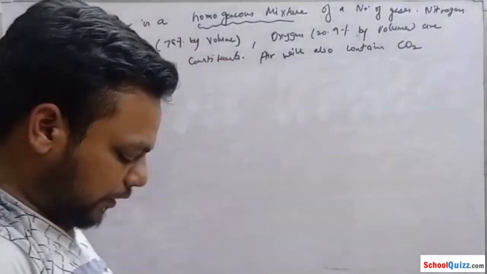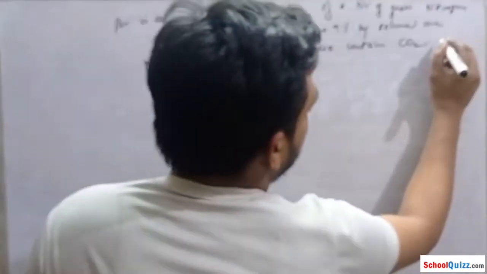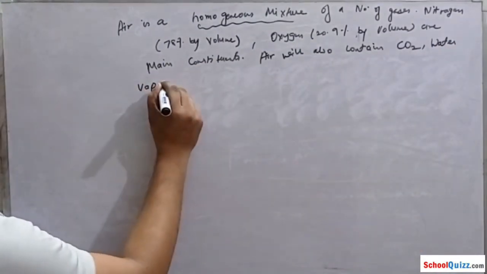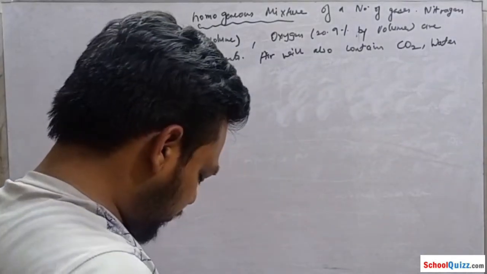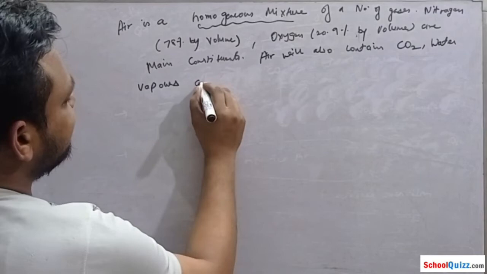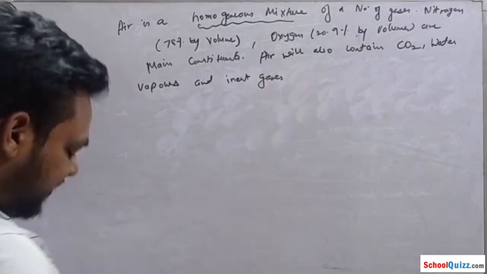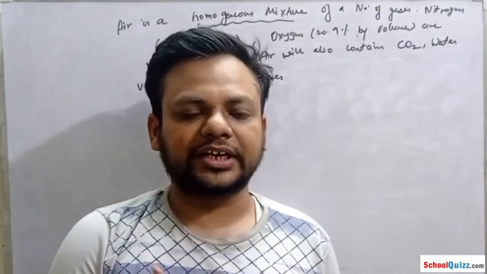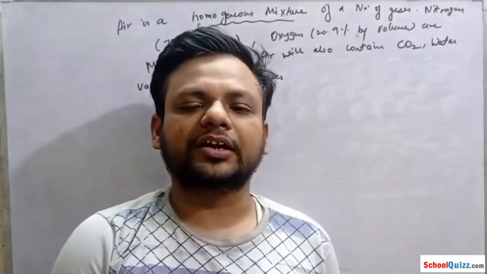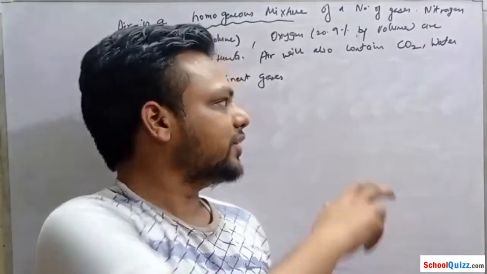CO2, that is carbon dioxide. Like as we know, water vapors are there, carbon dioxide, water vapors. Air will also contain carbon dioxide, water vapors and inert gases. As we know, what are inert gases? Which react very less. Like what are inert gases? Helium, neon, argon, krypton, xenon. Out of which argon's